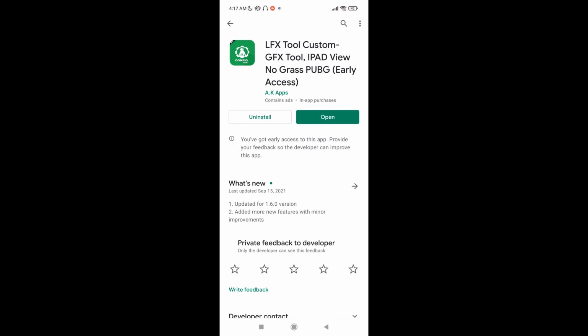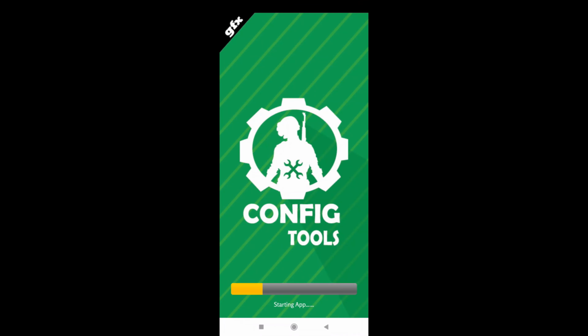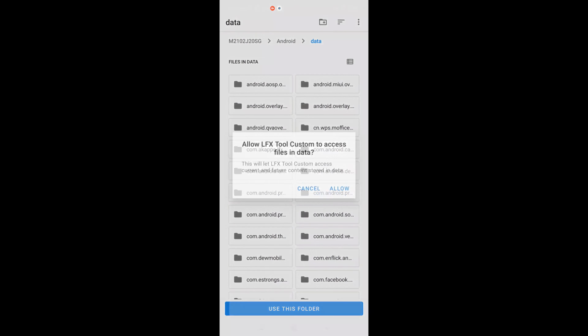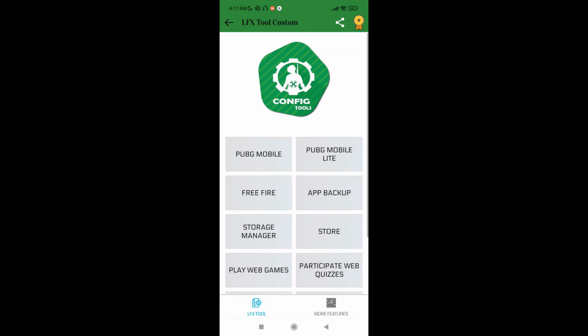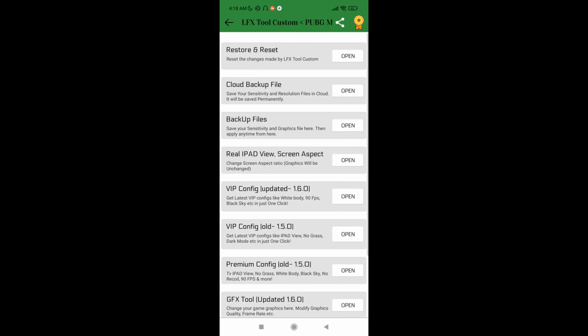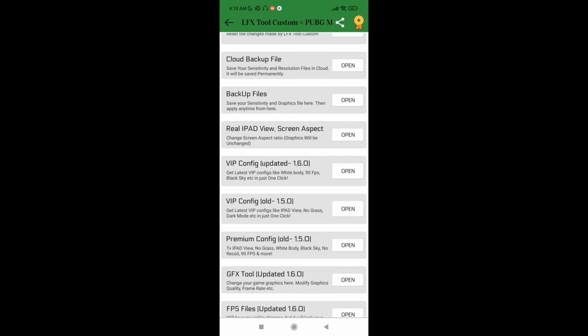This is the app. I have already installed it. Just open it and wait for a while, and here first allow the permissions and go to PUBG Mobile, and in global version, whatever version you are using, I'm using the global version, so I'm here, and here VIP config updated